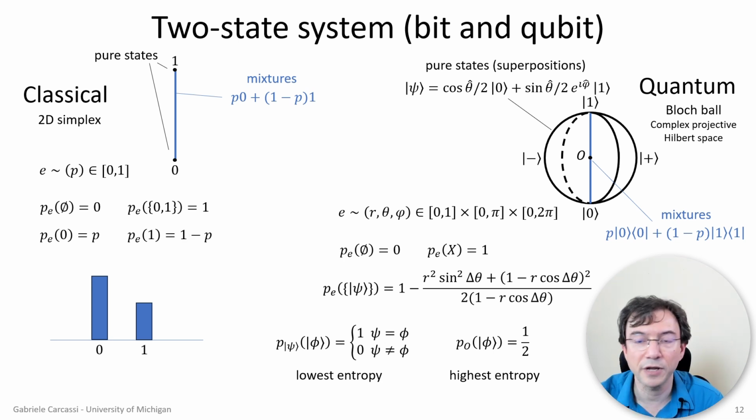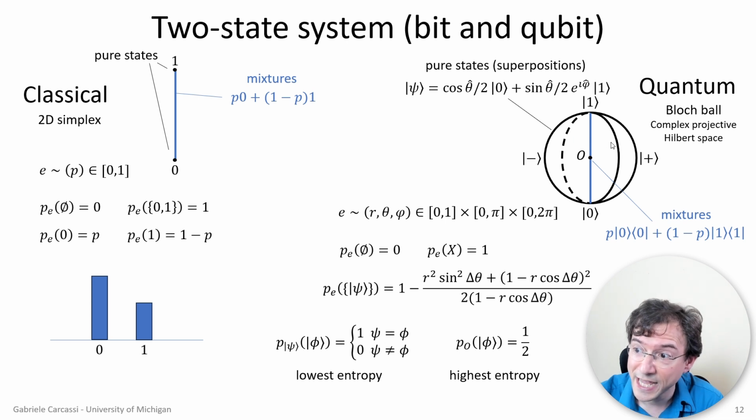So now how does that work in quantum mechanics? Well, we are going to take the two-state system, and the space of convex combinations of all the pure states is given by the Bloch ball. Here we have the state 0 and the state 1, and like in classical mechanics, these are the mixture of 0 and 1. But in quantum mechanics, you not only have the mixture, you also have the superposition. The superposition is just a fancy way to express the fact that you have all these other points on the surface, and these correspond to the pure states. And any point in the middle becomes a possible mixed state, a possible density matrix.